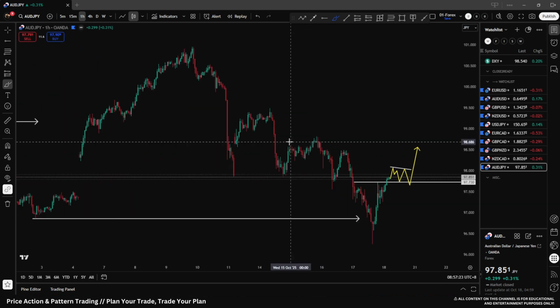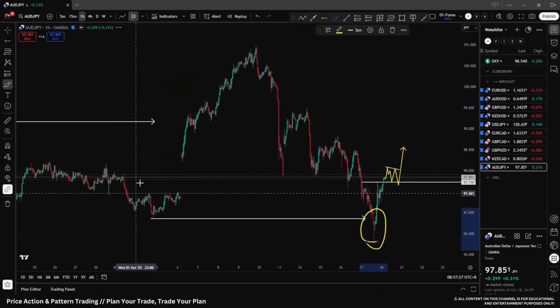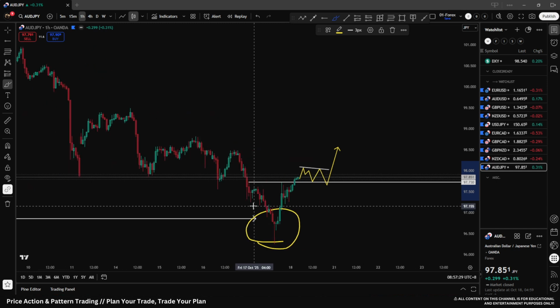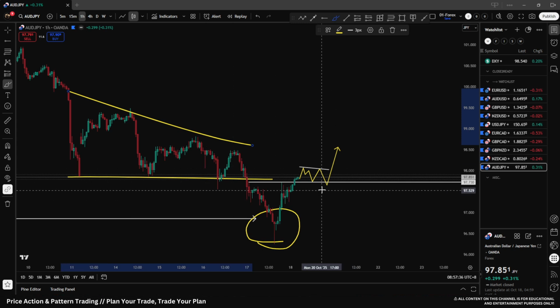We can see here on the 1-hour time frame, we had a very nice washout, closing these gaps here to the left, and I'm now looking for a continuation outside, or basically back in this piece of price action here. And as long as we are trading within this area, I'm looking for a bullish continuation.